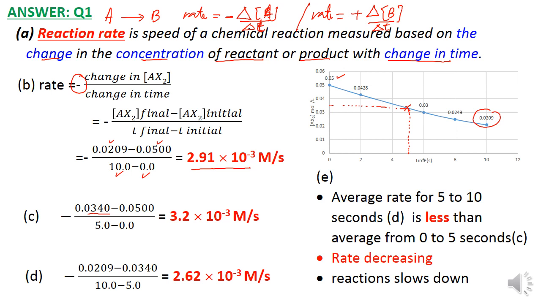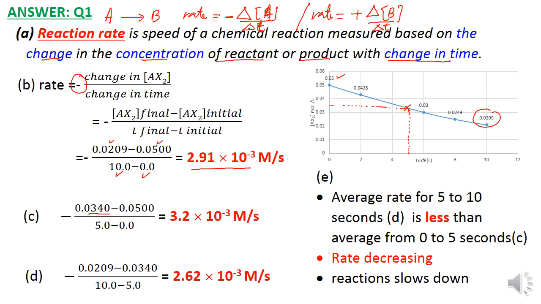So the concentration final is 0.0340 and the initial is 0.05, over the time from 0 to 5 seconds. T final is 5, T initial is 0. So the average rate from 0 to 5 seconds is 3.2 times 10 to the power of minus 3 molar